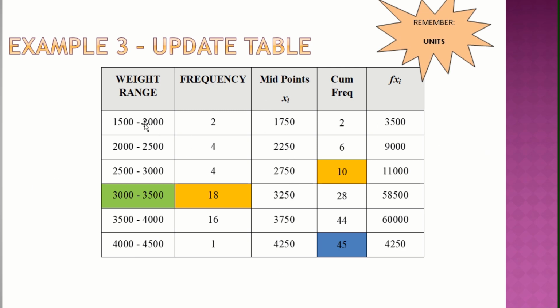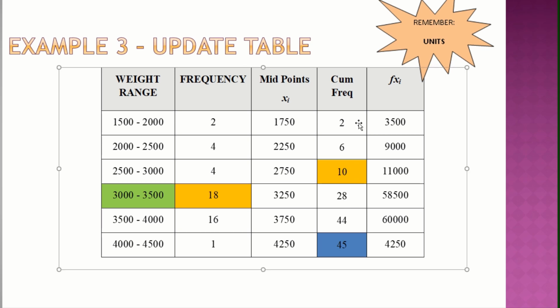How to find midpoint? Just add up and divide by 2. The middle, basically. Add up and divide by 2. Okay? Cumulative frequency, I will just recap what is cumulative frequency. 2. 2 plus 4, 6. 6 plus 4, 10. 10 plus, you just keep on adding up. That means you're adding it up. You understand? 2. 2 plus 4, 6. 6 plus 4, 10. 10 plus 18, okay, so you just continue. 28. Do you see that? So that is what you call cumulative frequency.